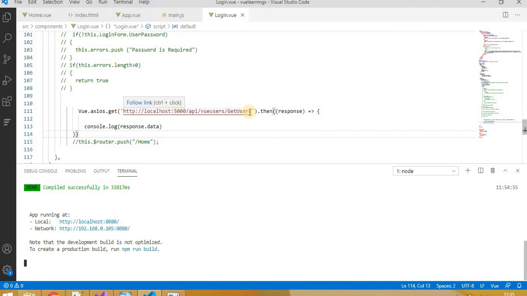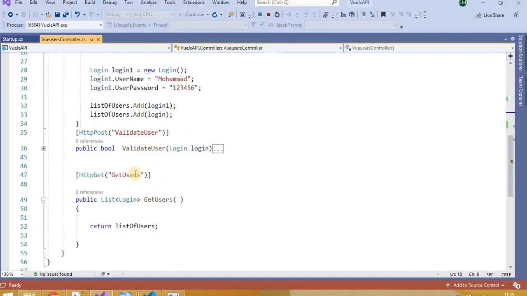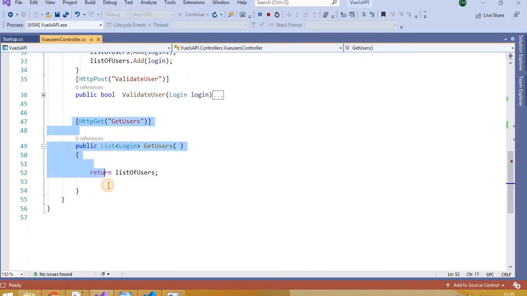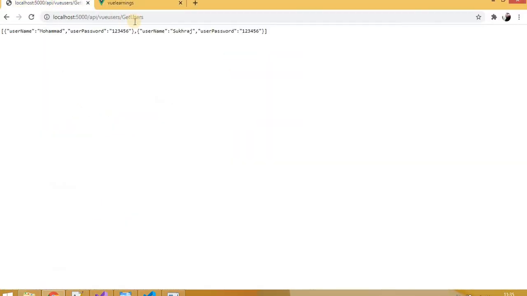We get the users API, which is in the .NET Core API. Here we are hitting this particular method to get the user. If I show the URL here, I am hitting this same particular API link, and I am getting the proper response. I got two users here. First is Muhammad and password, and then again username Sukhraj and password.